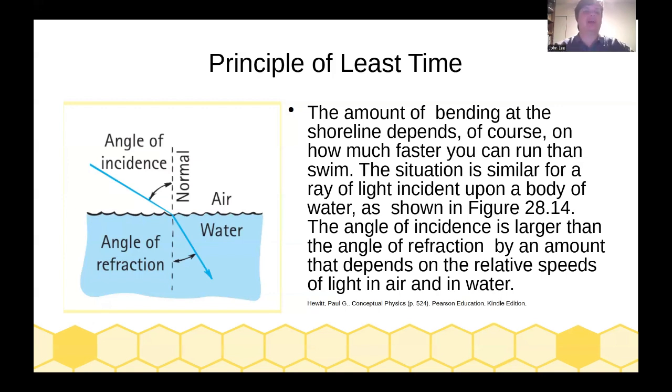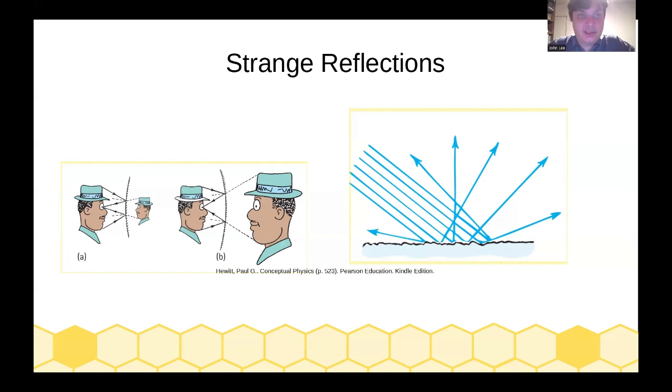That means that the angle of incidence between the normal and the ray is going to be bigger than the angle of refraction of the ray that goes into the slower medium. These principles of reflection and refraction stay true in all the cases we're looking at. But if you have a strangely shaped mirror, then the reflection is going to be similarly strangely shaped. For example, if you have a spherical mirror or a parabolic mirror, where a parabola is the x squared shape